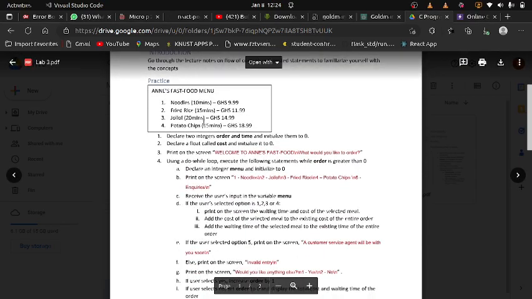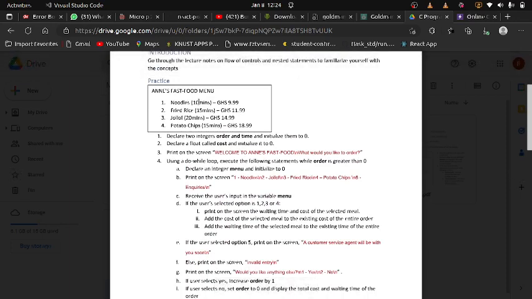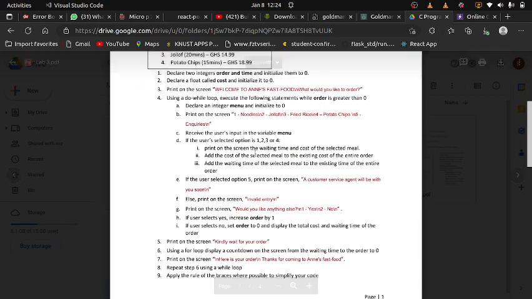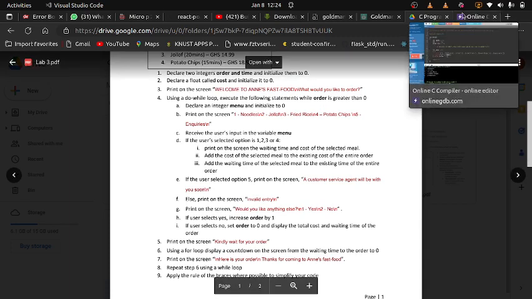So the waiting times are also attached to the food menu items. So if you are selecting noodles, you should know it's 10 minutes. So we'll be using all those details. So let's go to our code, and first we want to print on the screen the waiting time and cost